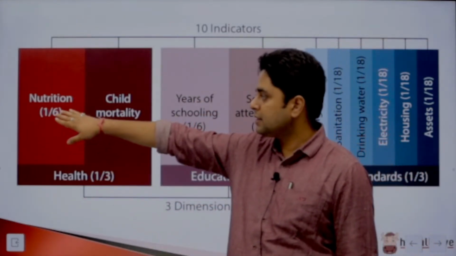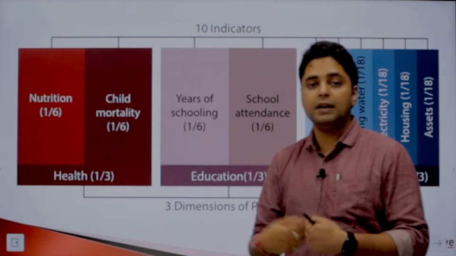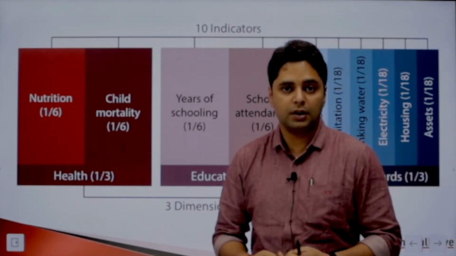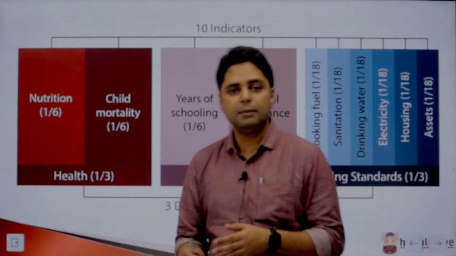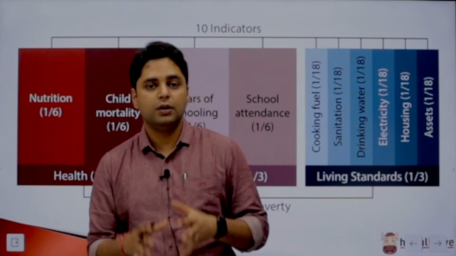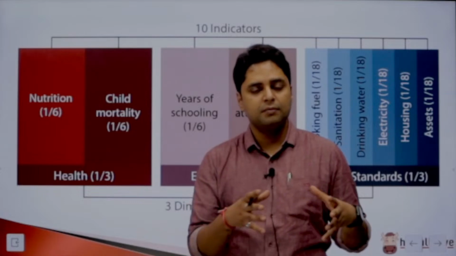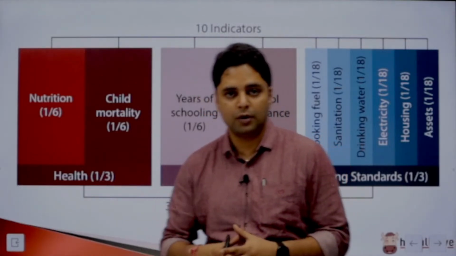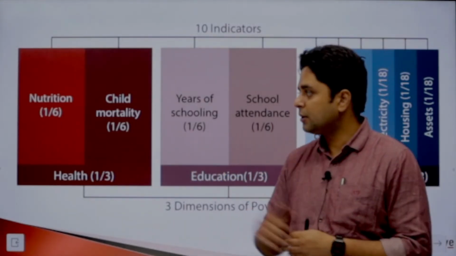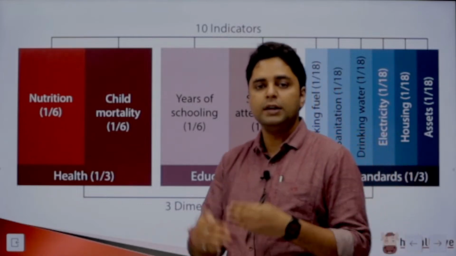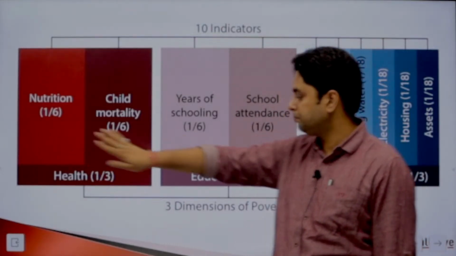हेल्थ के अंदर टोटल इंडेक्स में 1/6 वेटेज दी गई है न्यूट्रिशन को, because if a person is not well nourished, that has a huge toll on his or her health. And 1/6 is to child mortality. Child mortality is the number of children who die before reaching 6 years of age, and this is counted per 1,000 children who are born. So number of children who die before reaching 6 years of age out of every 1,000, that is child mortality. Infant mortality is up to 1 year of age. Child mortality is up to 6 years of age. तो ये दो क्राइटेरिया है हेल्थ को जज करने के.